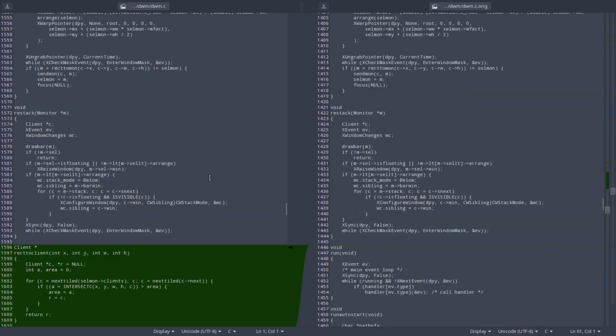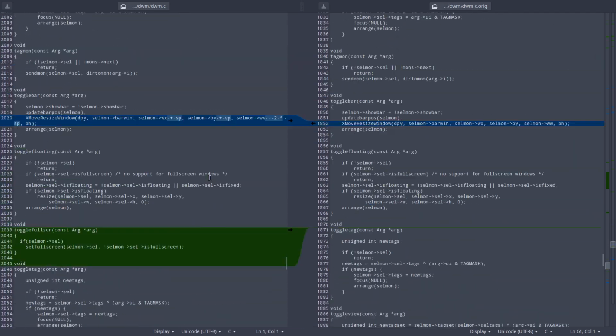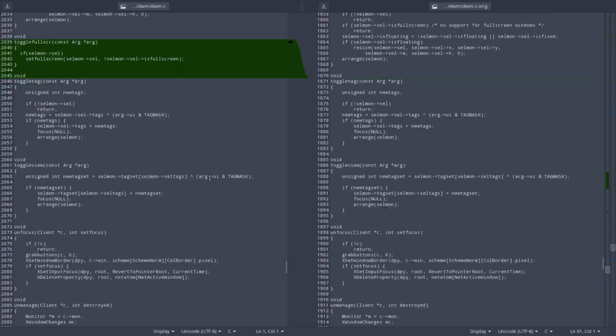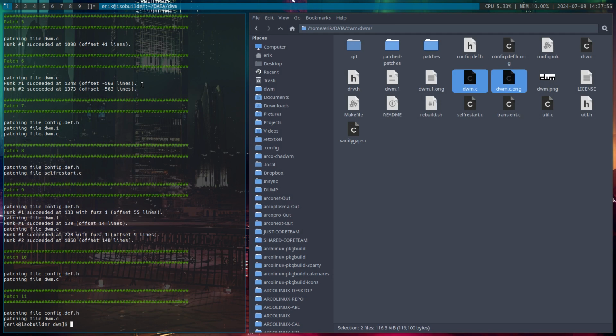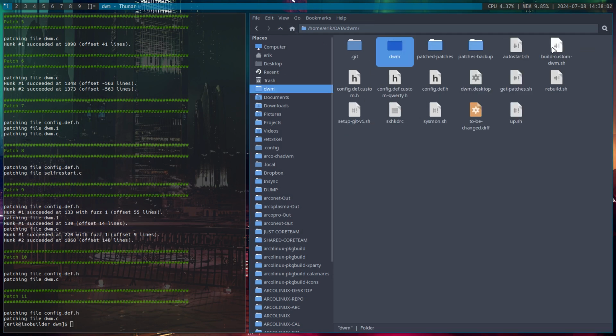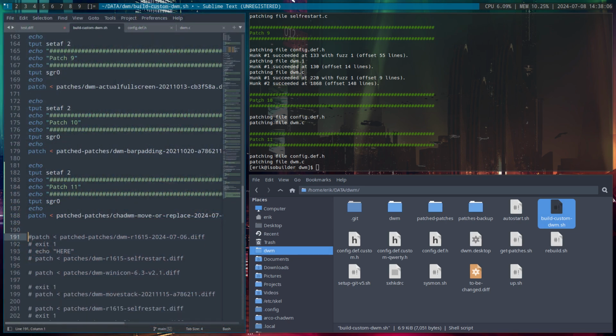And there is a chunk here, rectangle to client, and some blue little guys here. Looks good, right? Just test. That's the only way to do it. Test. So that means that the one-up, the build custom dwm, we can get rid of the exit 1,